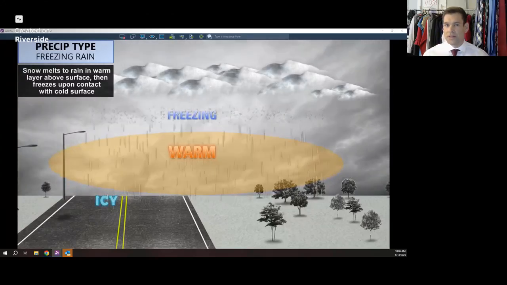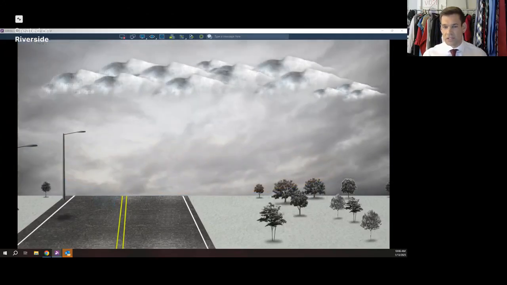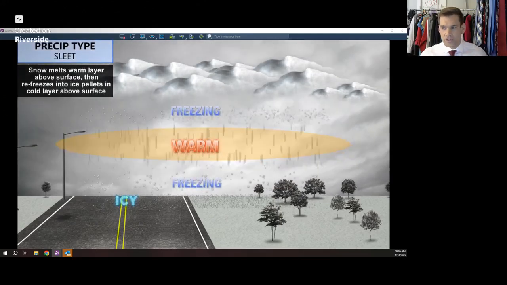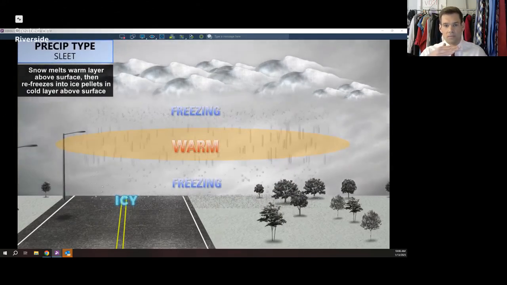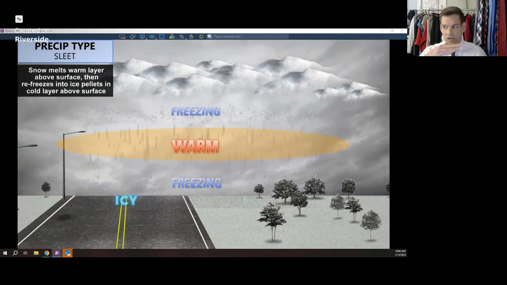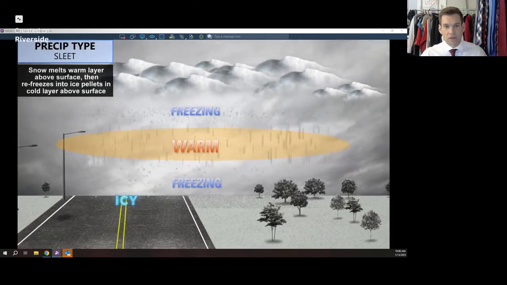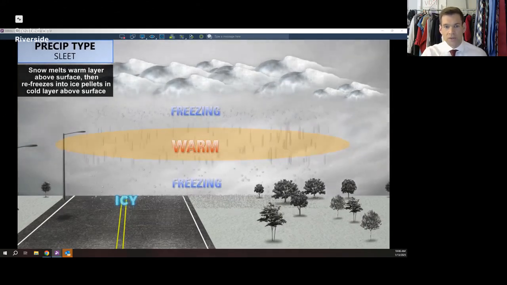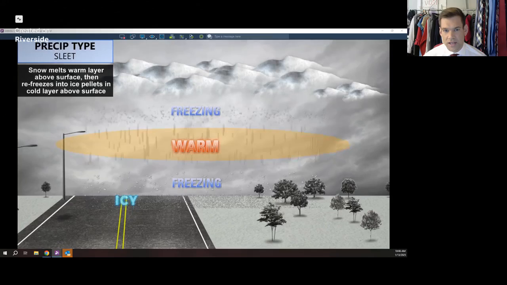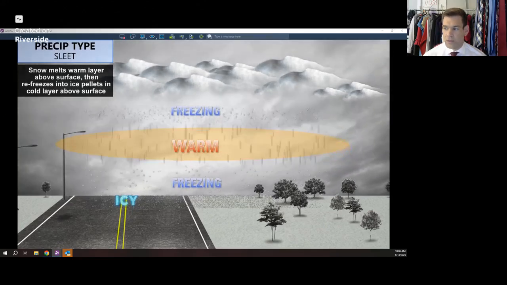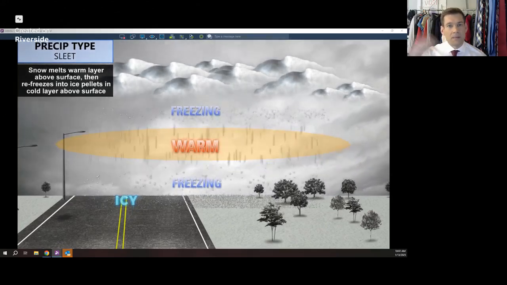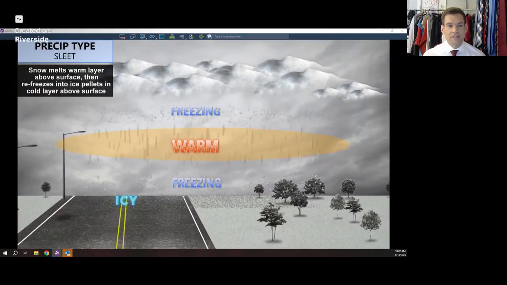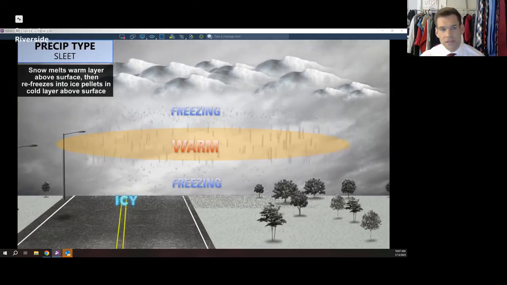So let's go to the other one that this gets confused with a lot, is sleet. So sleet, a similar setup. Aloft, it's freezing, just below the cloud. It starts as snow. There's a shallow warm layer, meaning not quite as deep, it doesn't go all the way to the surface. Just in the mid-levels, there's temperatures, we call it a warm nose, because often if you look at the profile, it looks like a nose intruding within that atmospheric profile. It causes that snow to melt into liquid. But there's a big enough layer beneath there, a couple thousand feet, from that warm layer to the surface where it actually refreezes. Now because it's melted, it doesn't freeze into something pretty, you don't get the snowflakes, but you'll get these pellets that look like ice,